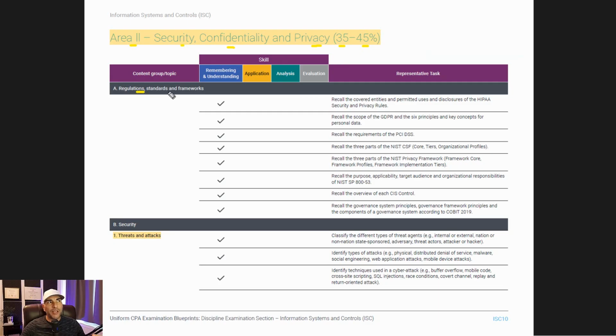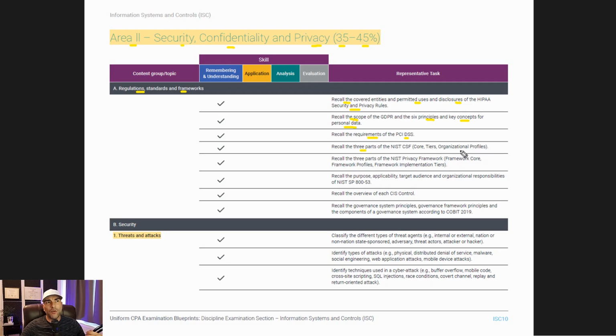So starting with regulation standards and frameworks, here you're going to need to be able to recall the covered entities and permitted users and disclosures of HIPAA security and privacy rules. You're going to need to be able to recall the scope of the GDPR and the 6 principles and key concepts for personal data, recall the requirements for PCI DSS, recall the 3 parts of the NIST CSF,